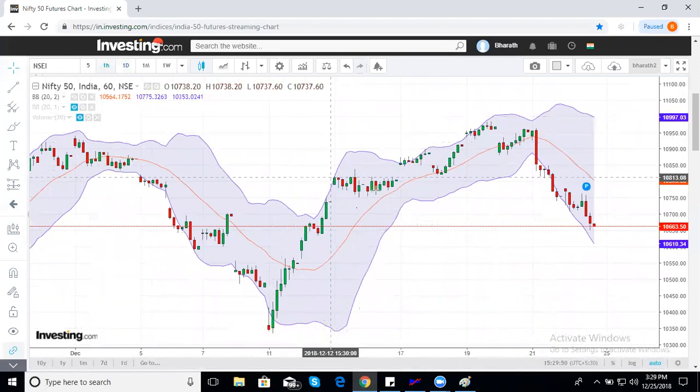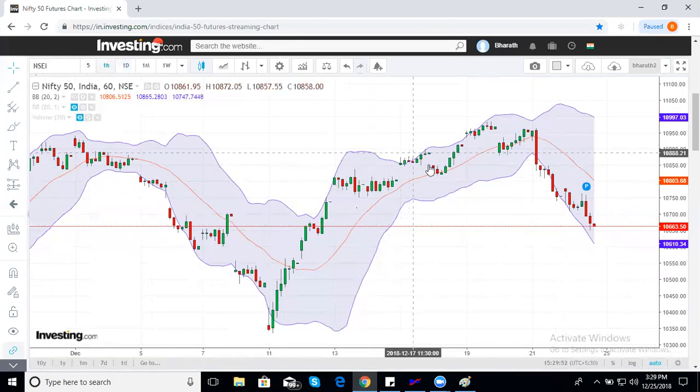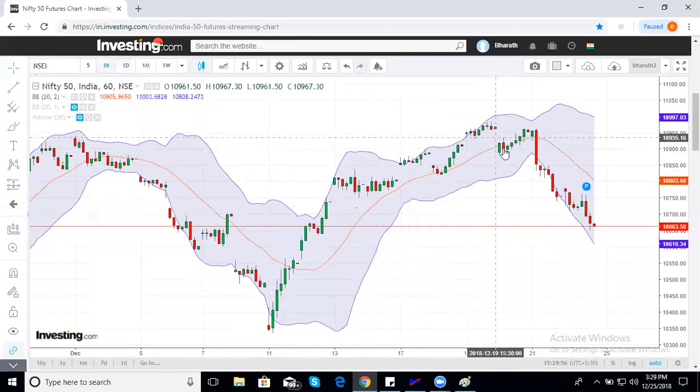You saw from 10,300, you saw bounce to 11,000. See, every time market came to the middle band, it bounced off. Came to the middle band, bounced off. Closed outside the band, came back inside, took support in the middle band, went up, but this time market did not have the strength to close outside the middle band, saying that buyers don't have the power. And from here, from 10,950, you know 10,660 now.